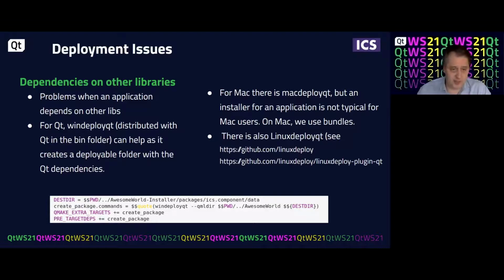in terms of Qt dependencies, there is this wonderful tool called windeployqt for Windows. What it does is, you give it a directory, right? You give it the directory where you have your executable that you want to distribute, and you call windeployqt on it. And what it will do is be smart enough to install the correct dependencies that your application needs on Windows so that it can run pretty much on any Windows machine, regardless of whether Qt is installed